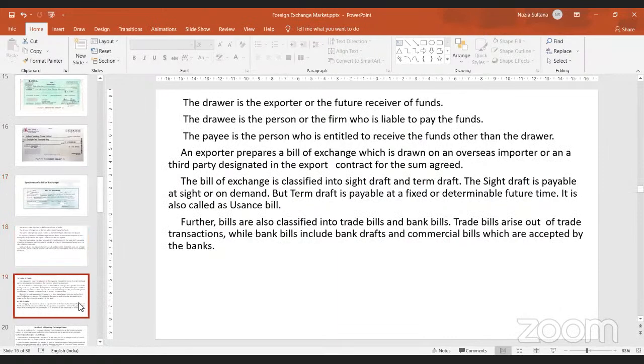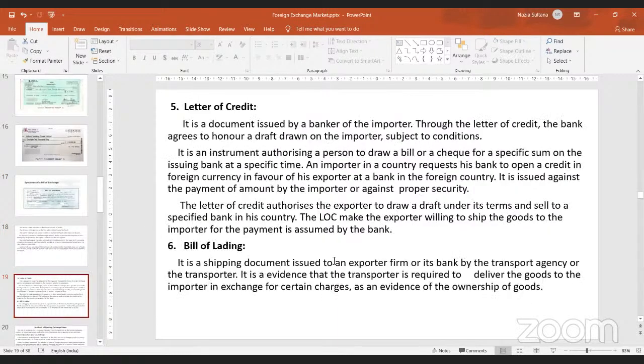This is bill of exchange. Then you have letter of credit. Letter of credit is basically a document where the bank of a country can give a letter of credit to an importer, whereby the importer borrows by keeping the letter of credit as a safeguard or a collateral. See, as an importer, you need money to import your goods. So when I have to import goods, this money I may not be having in hand.